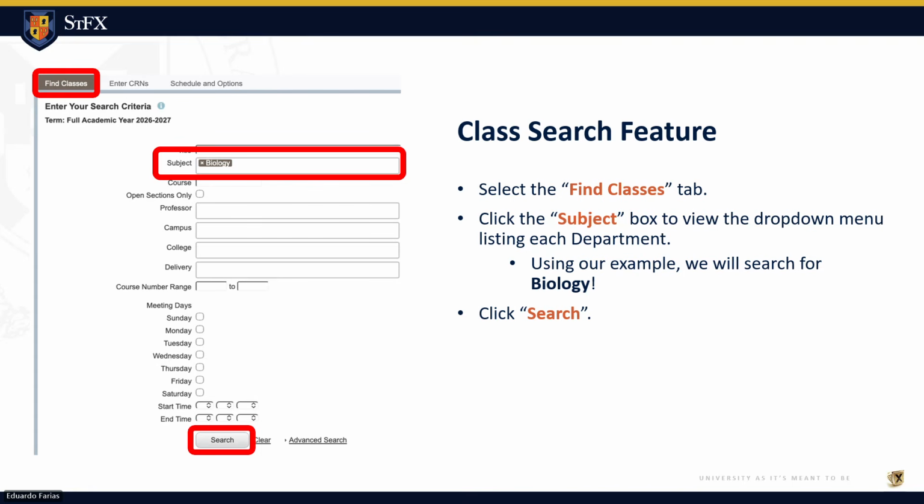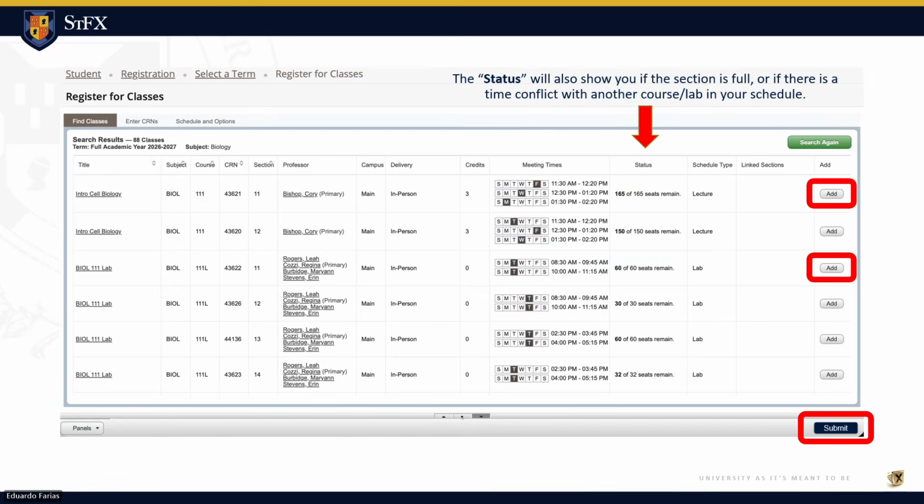That's the nice part. If you click off open sections only and press search, it'll tell you what's available to you, and it'll also give you the conflicts in red. Okay. Now, if you go to the next slide, please, Eduardo, you can see what I'm talking about. This was the search for Bio 111. You can see that it has a status section, and it's telling you that these sections are all open. That's because, except for the BASC health students, there's nobody really in Bio 111,